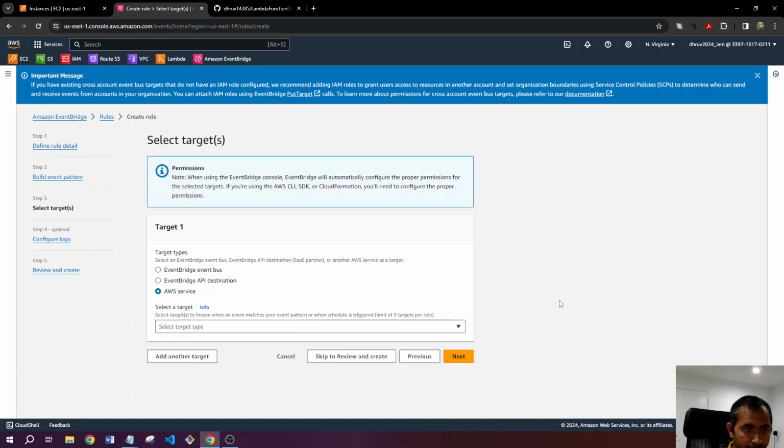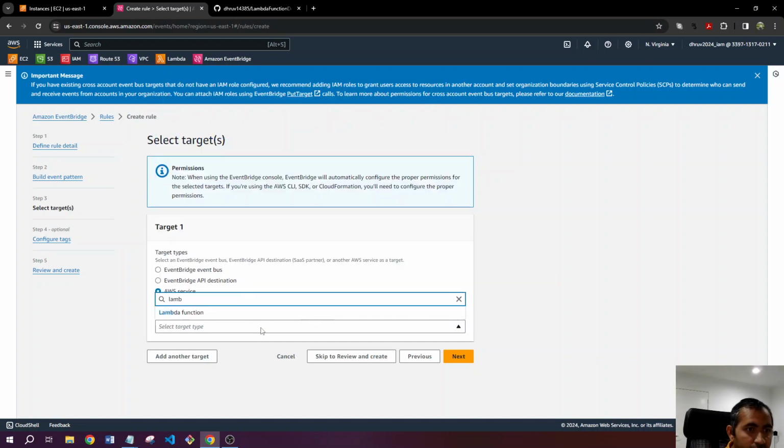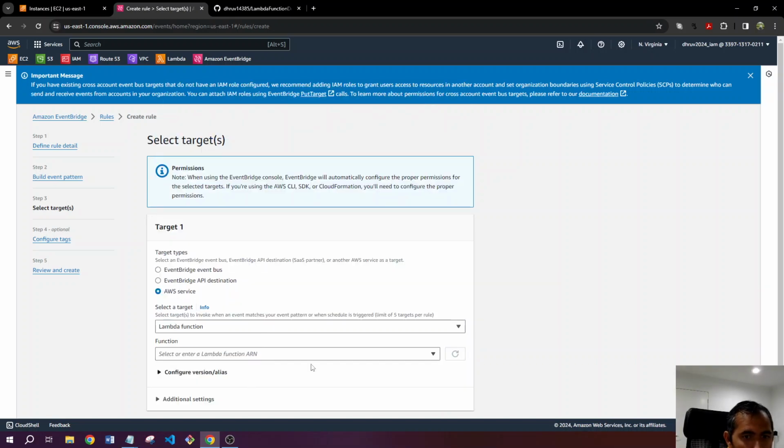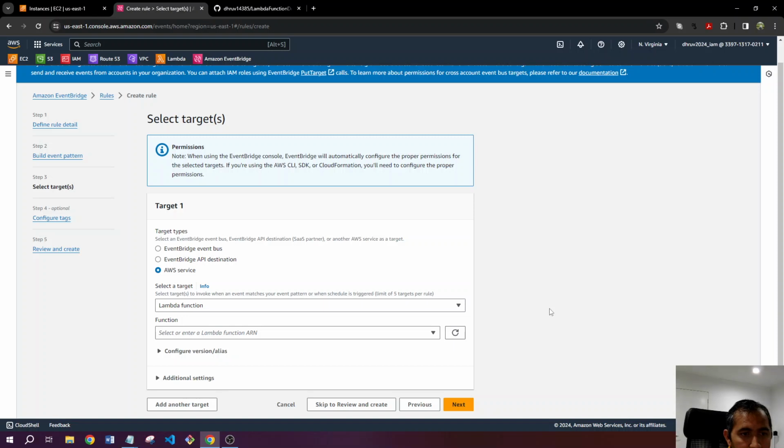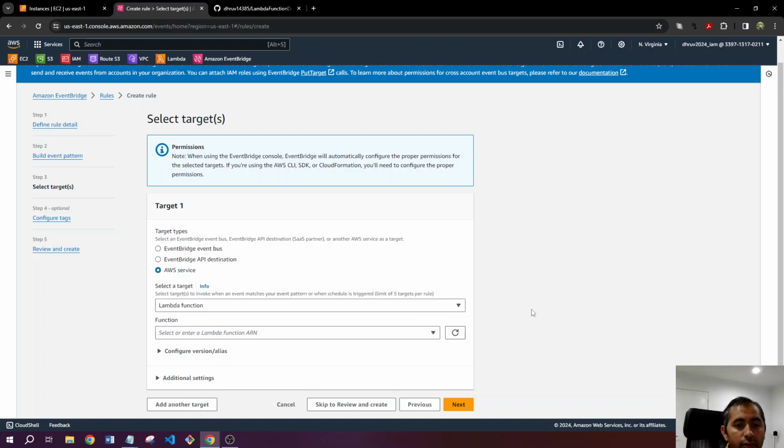And click next. Target should be our Lambda function. And so basically we need to create our Lambda function. So we will keep this here as it is, and in another tab we will create our Lambda function first. So go to Lambda, open it in the next tab,